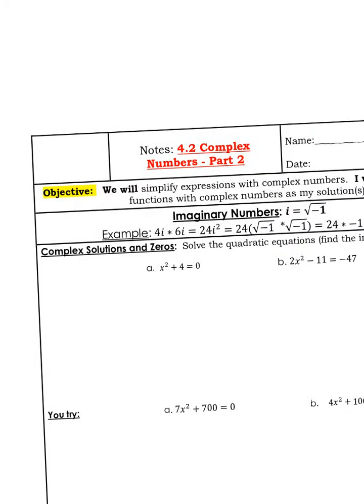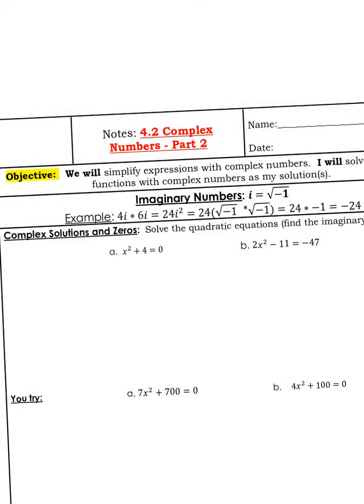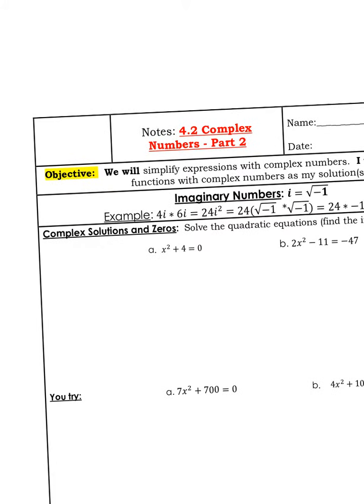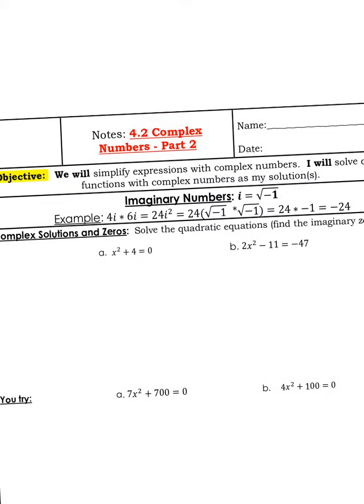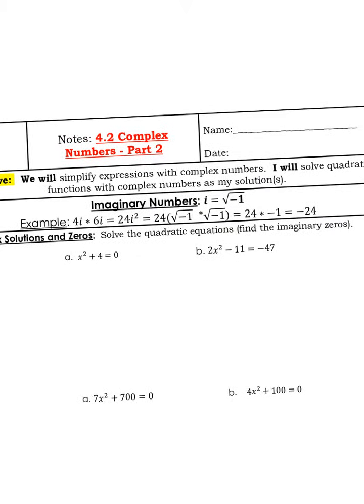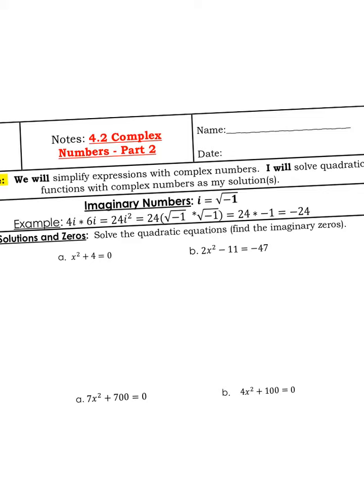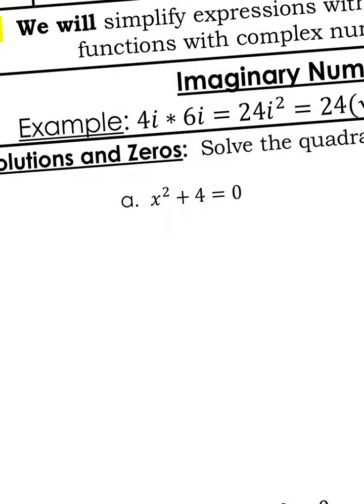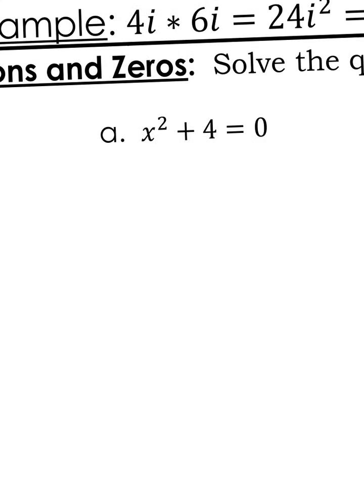Now, let's do some examples finding the zeros, the roots, but they're complex solutions. So if you type this into the graph, it would not show any intersection, but they are imaginary zeros. So this is what I mean. If x squared plus 4 equals 0,